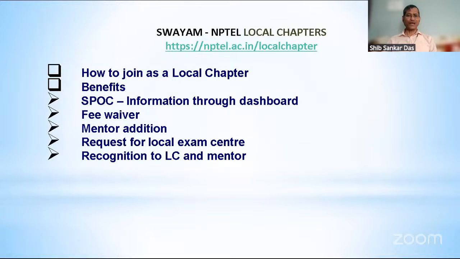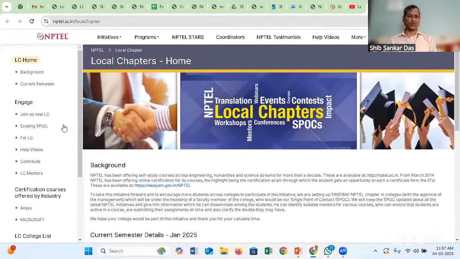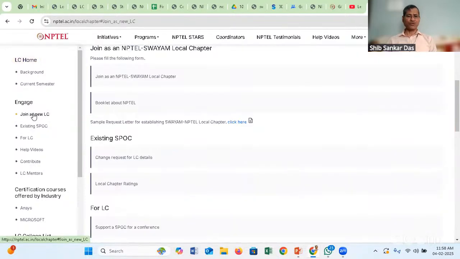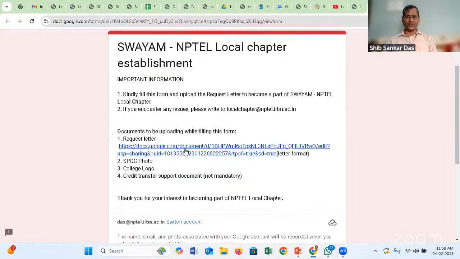Now here, how to become a local chapter. If you are new to the local chapter concept, just go to nptel.ac.in/localchapter. If you want to join as a new local chapter, on your left-hand side, you have got a tab called Join as a Local Chapter. Here, we click onto the right-hand side, Join as New Local Chapter. It will open a Google form, and all instructions are provided, including the letter format, which you need to submit